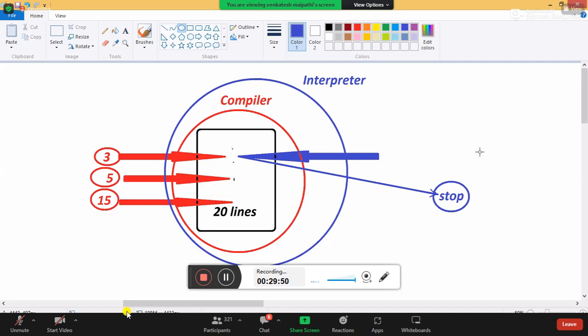Line by line. Which one is more efficient now? Because of this reason, all our high-level languages use a compiler in the compilation process. Is a compiler more efficient than an interpreter or not? The compiler takes 120 lines and gives you the report: there are 3 errors, there are 4 errors, there are 5 errors. Because of this reason, our high-level languages use a compiler in the compilation.